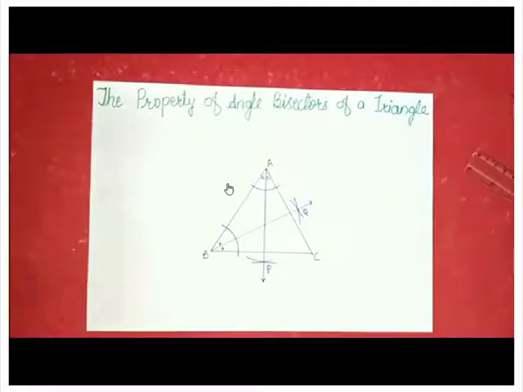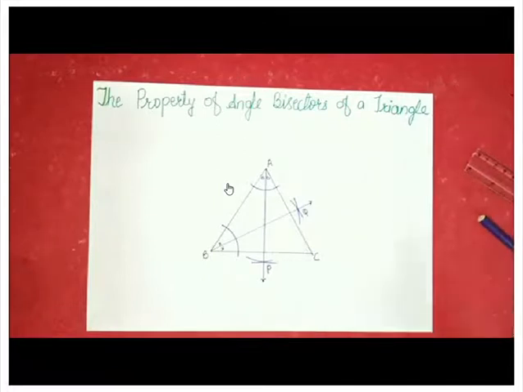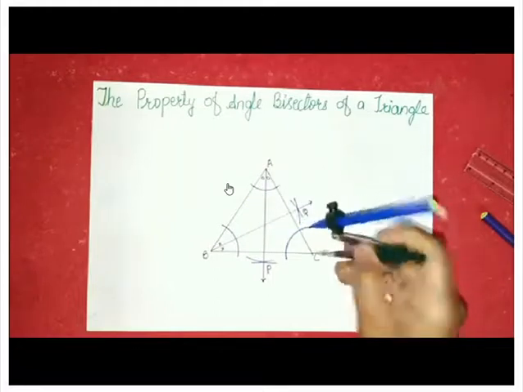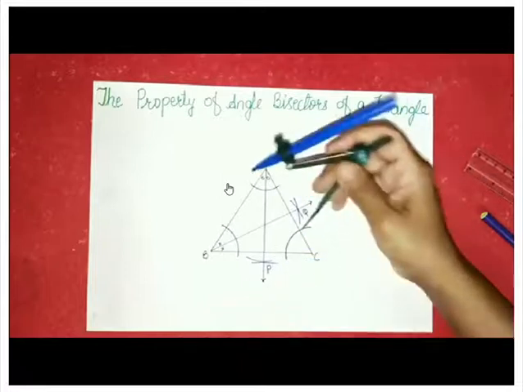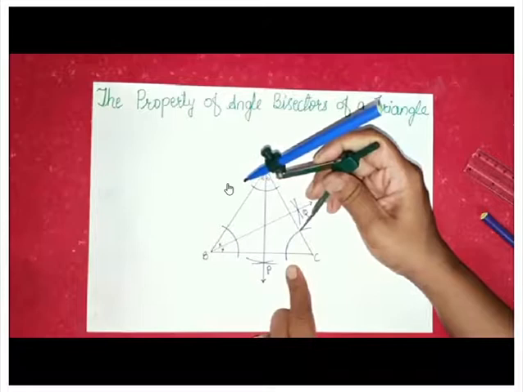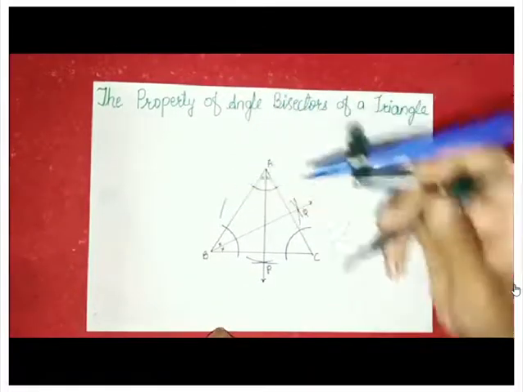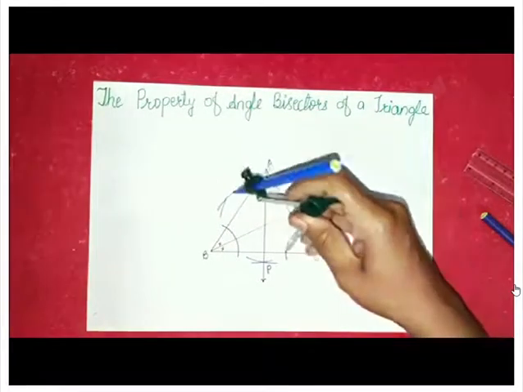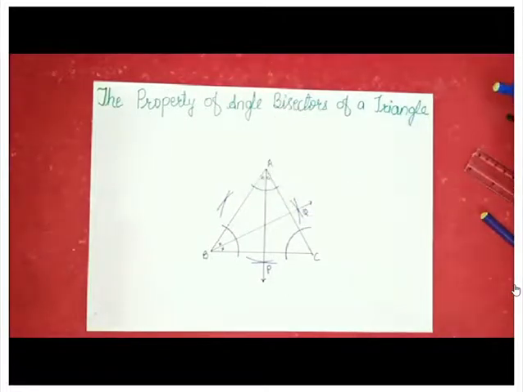Now we will draw angle bisector of angle C. Again adjust your compass. Put the needle end on vertex C. Give the arc on both its arms. Now again change the measure. Give the arcs outside the triangle through these two intersecting points without changing the measure. Put the needle end first here. Give one arc without changing the measure. Put the compass and give another arc here like this. So you can see, you can extend the arc if they are smaller in size.